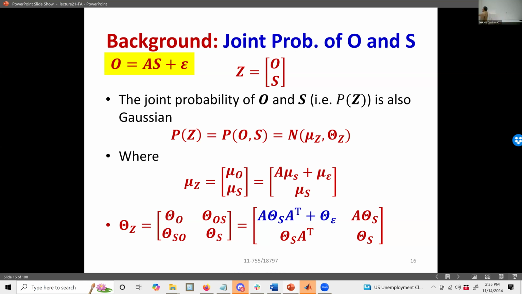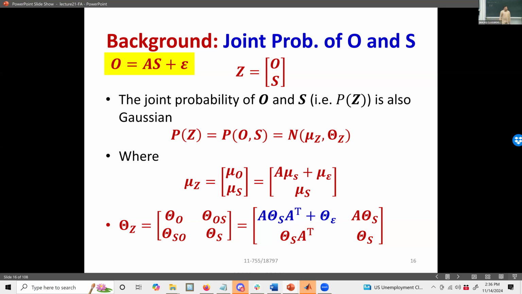But then guess what? The answer is up there. It's hidden up there. Why? Because look at the bottom. I know that the joint distribution of O and S is a Gaussian. And I know the mean and the variance of that Gaussian, right? And so I know that